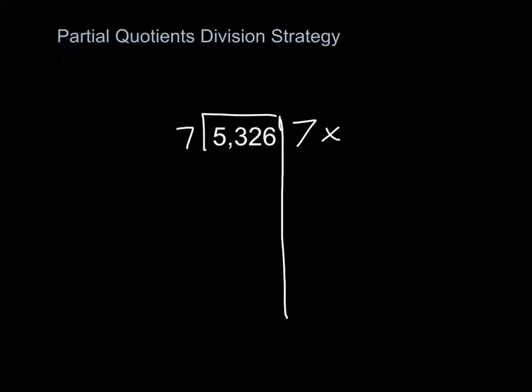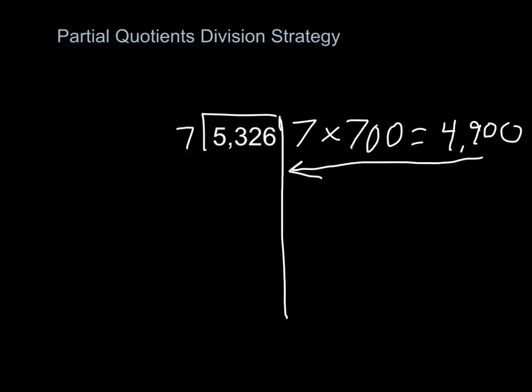For example, I know that 7 times 7 is 49. So if 7 times 7 is 49, I know that 7 times 700 would be 4,900, kind of using that zeros trick that we've talked about in multiplication. So I take the 2 zeros from the 700, add those onto the 49 to get 4,900. My next step is to draw a little arrow and to subtract that product, the 4,900, away from